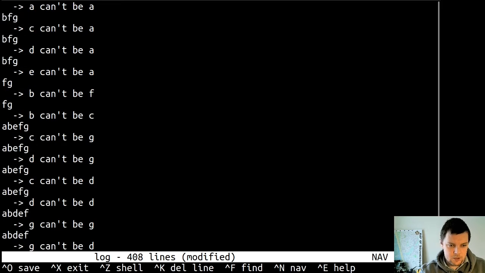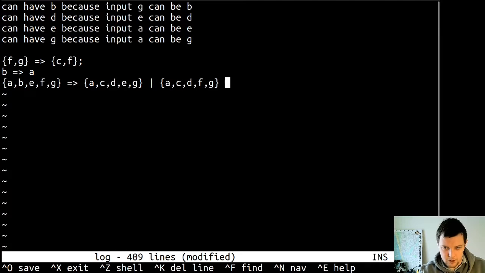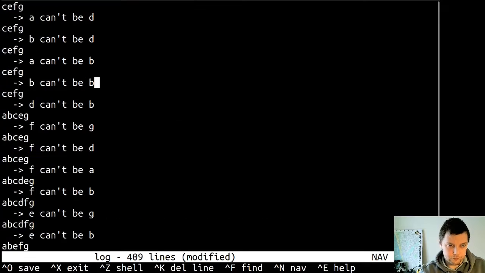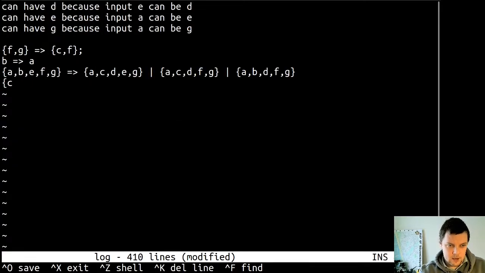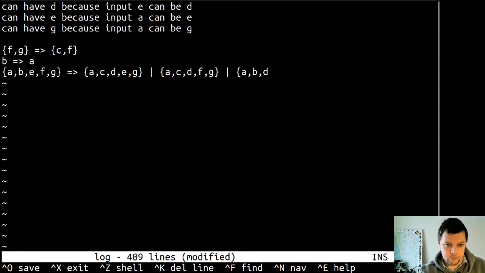We get ABEFG maps to ACDEG or ACDFG or ABDFG. CEFG maps to BCDF. Well, we know B goes to A, so